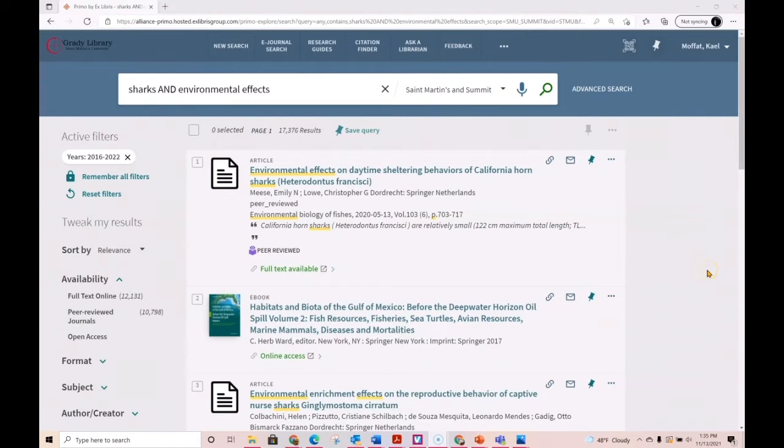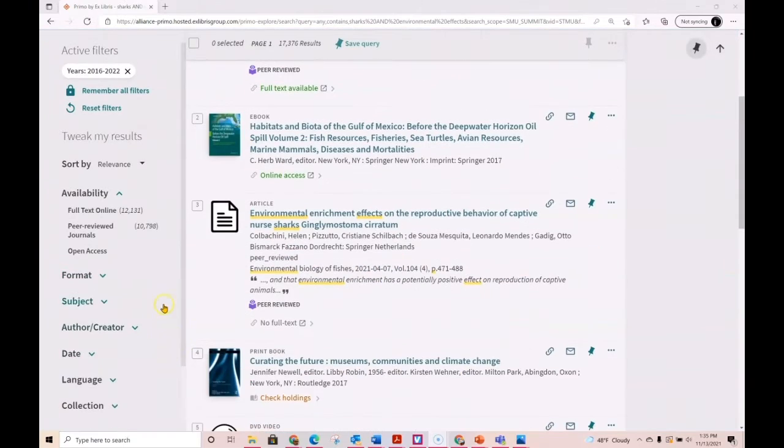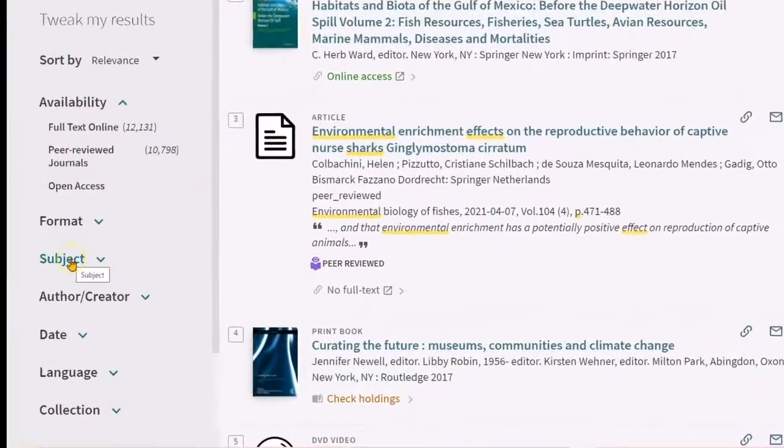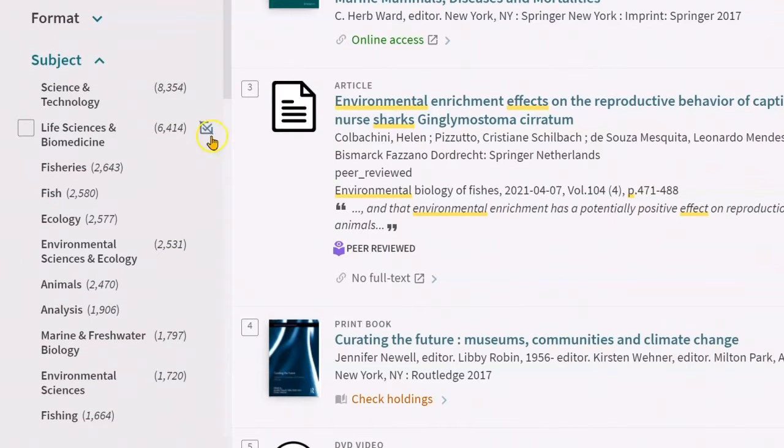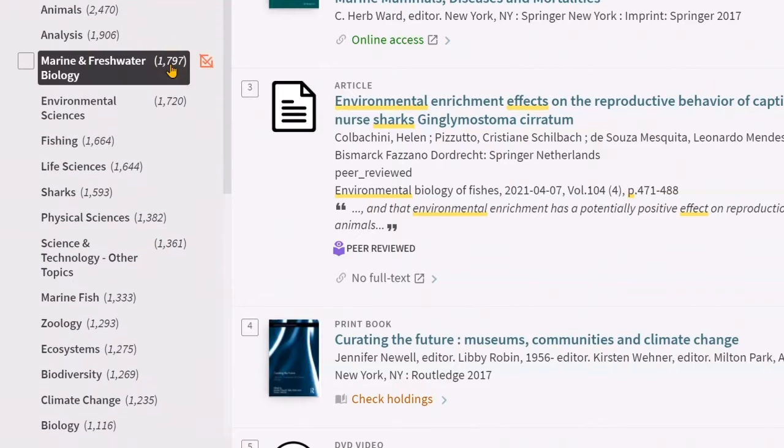Most databases will have some form of subject filter that allows us to narrow to specific aspects of our searches. In Saint Search, we find the subject filter on the left-hand side of the screen near the date filter. We can open it simply by clicking the word. In most databases, the tools will also be on the left-hand side of the screen. When it opens, we find that as we scroll down, we see a lot of terms that are associated with